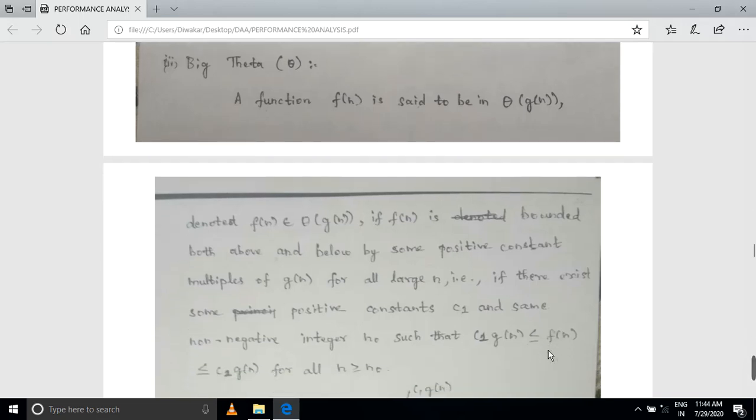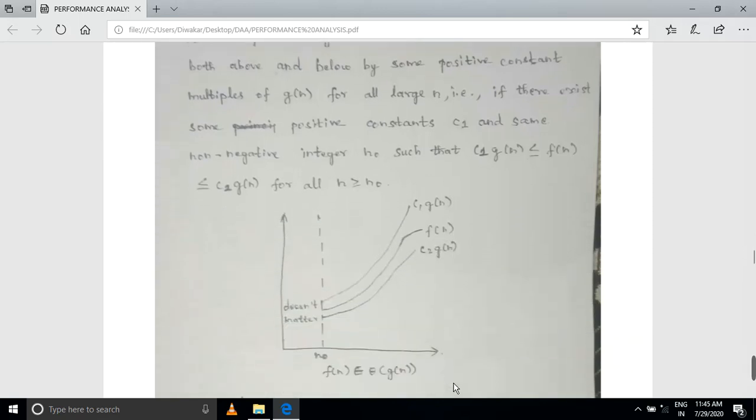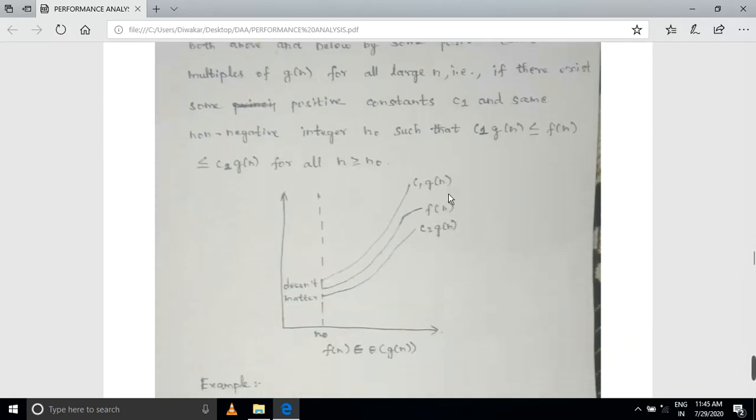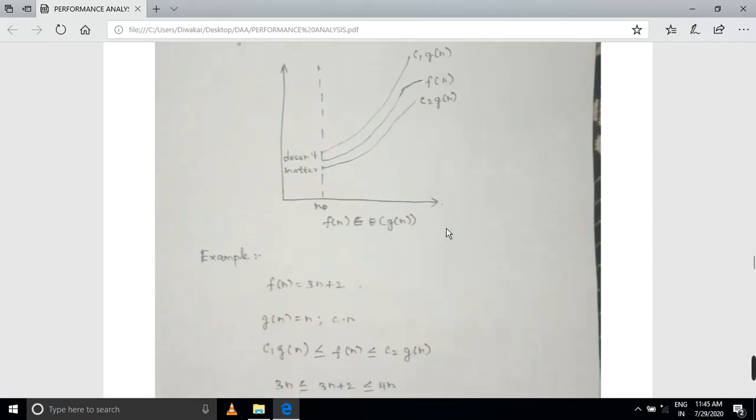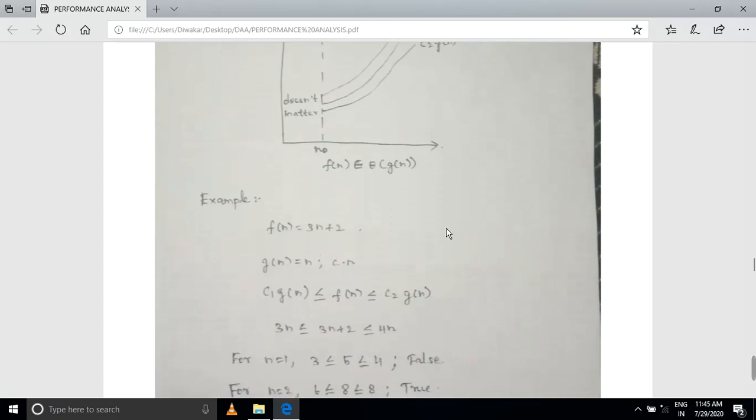We are declaring it in two ways. Why? Because we are giving a bound both above and below. This condition is for the tight bound process. We declare c1 and c2 with g of n, and f of n, and then the same thing with g of n and c into n, so we declare the n terms.